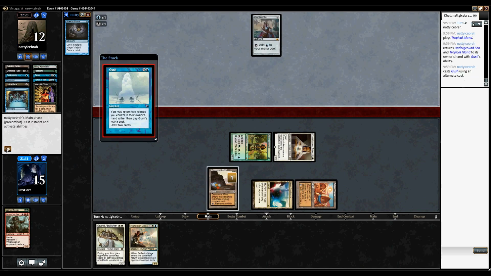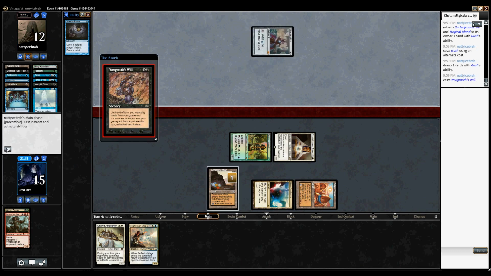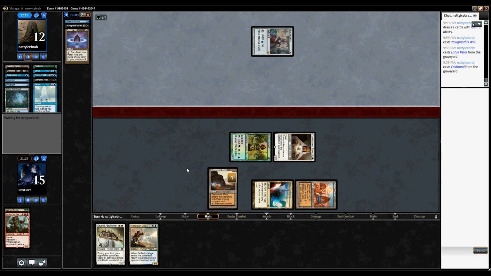And now he's going to Gush, having used both his land drops, but he is floating. Okay, and now he's going to Yawgmoth's Will, so we'll see if he's able to put it away from here. He can recast the Fastbond. Obviously, he's going to have a little bit of damage, but he's going to be able to Gush